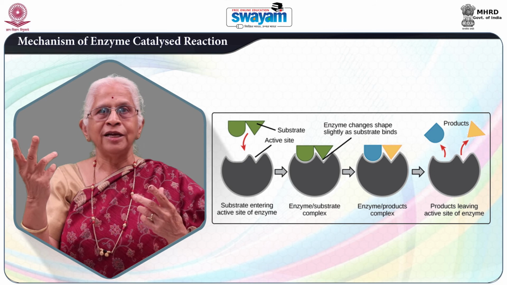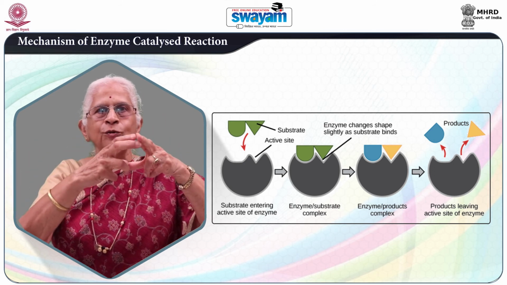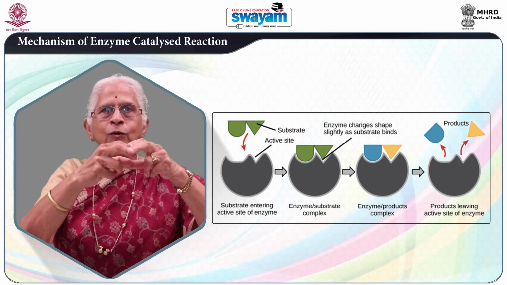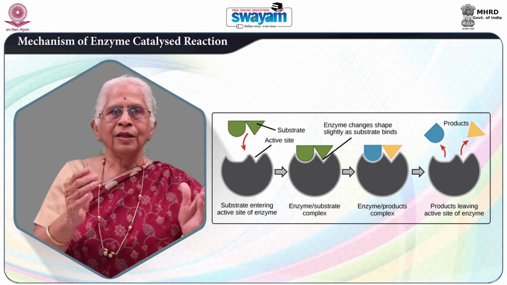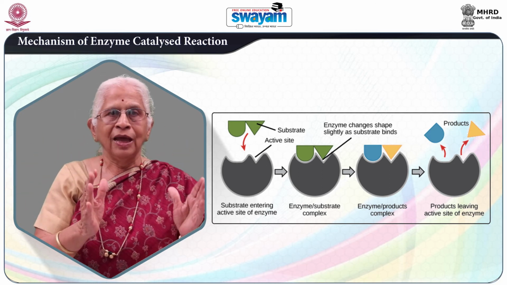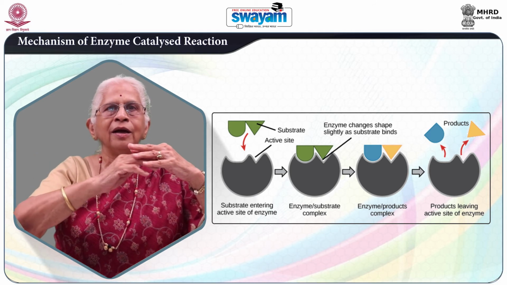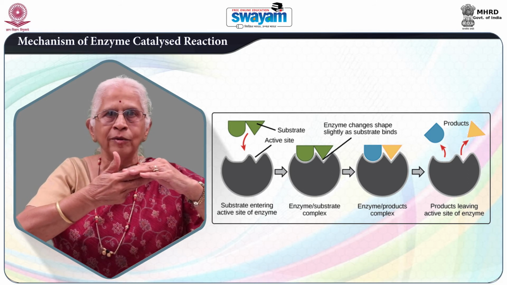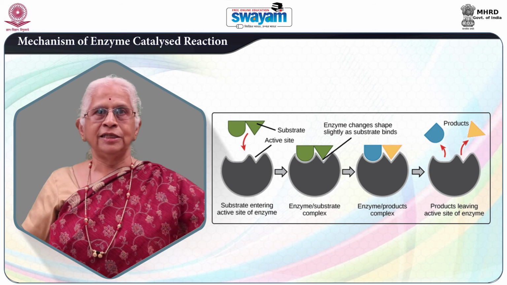In case of two substrate reactions, the two substrates are brought in near vicinity to each other with an orientation that favors the interaction between two substrates. So, if we consider the enzyme as the lock and the substrate as the key as shown in the figure, the key is inserted in the lock, it is turned, that means the enzyme substrate complex is formed, the door is opened, the reaction proceeds and the product is released.